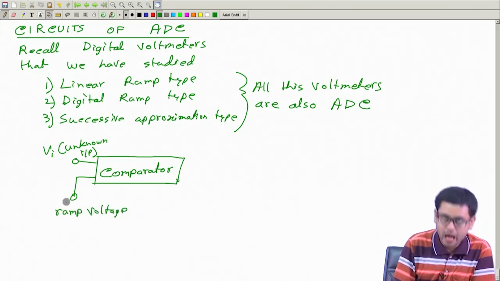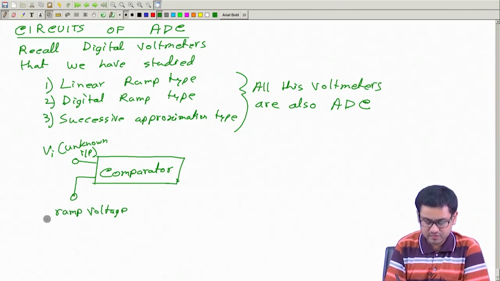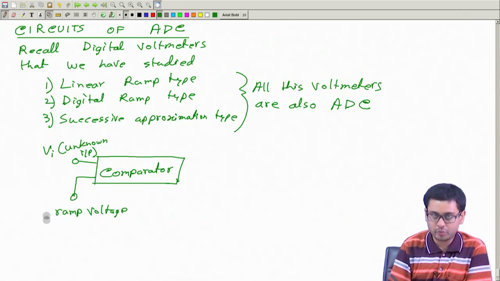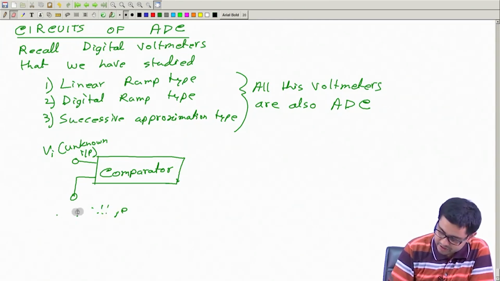It can be linear ramp, it can be digital ramp. In case of successive approximation type, this will not be a ramp, so let me not write ramp, let me just call it a voltage to compare,